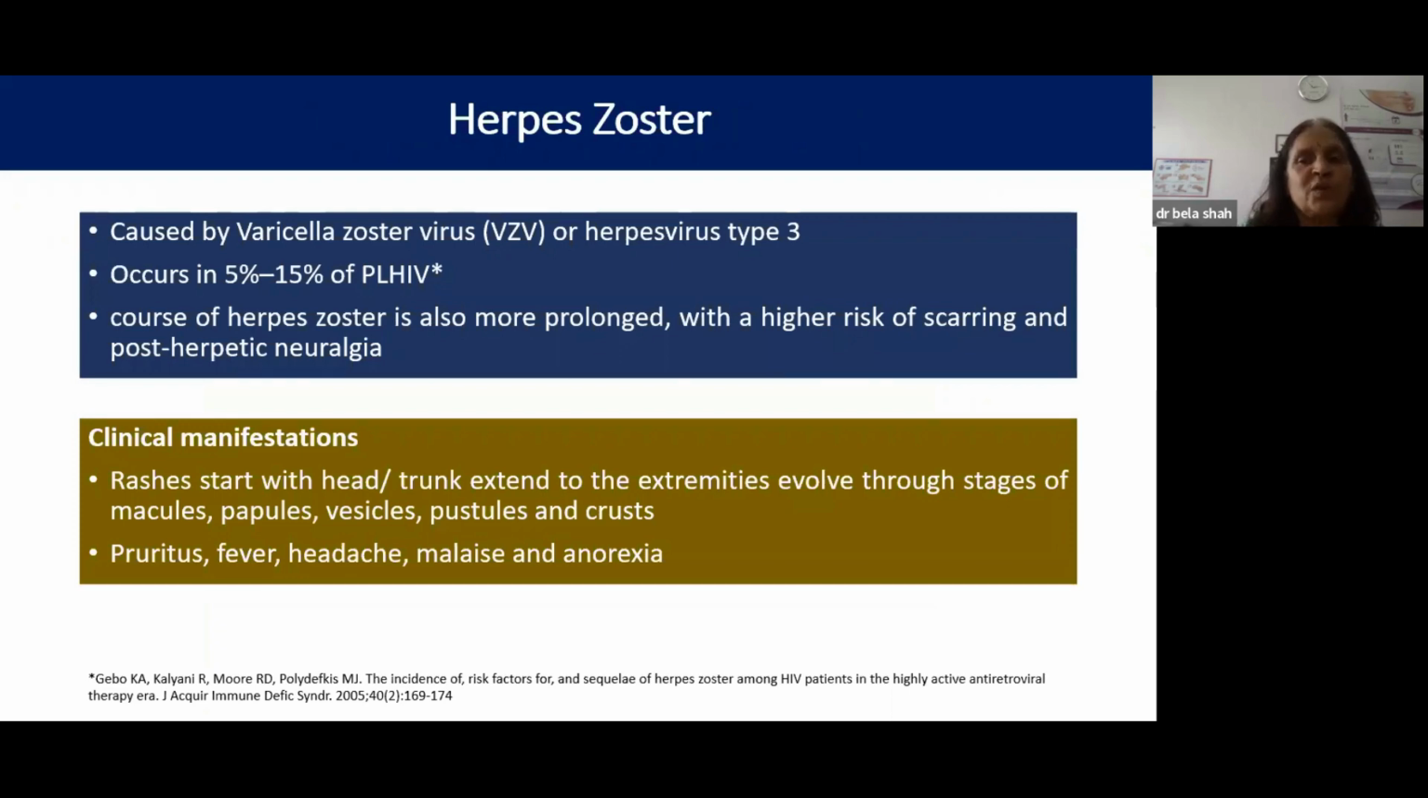So now coming to herpes zoster, again it is caused by a virus, herpes virus type 3, and children develop varicella, that is chickenpox. The virus remains